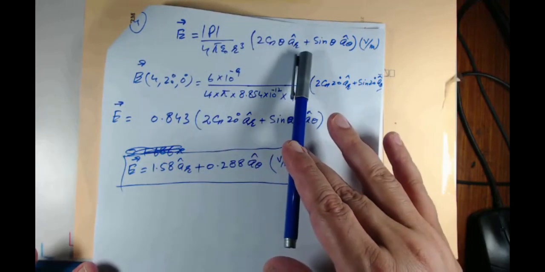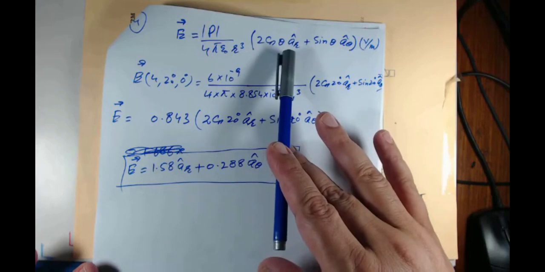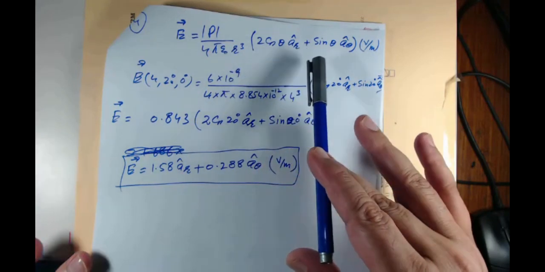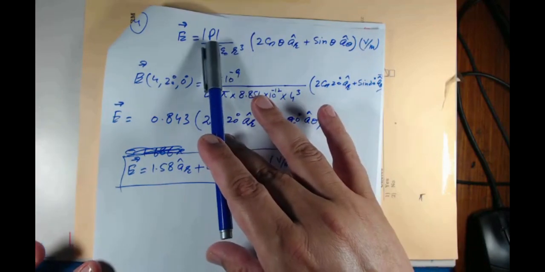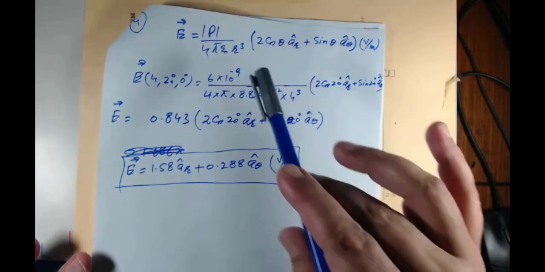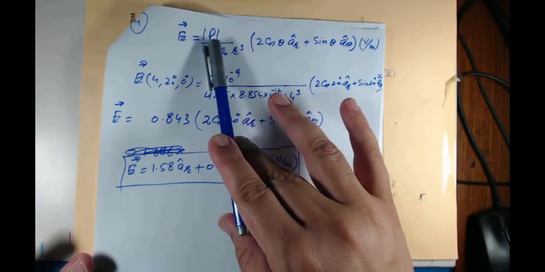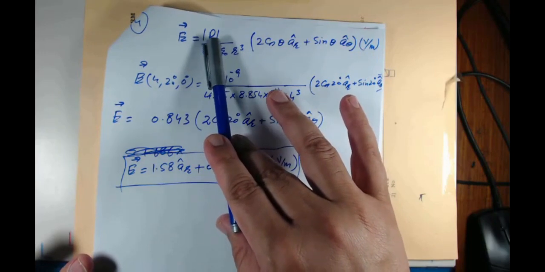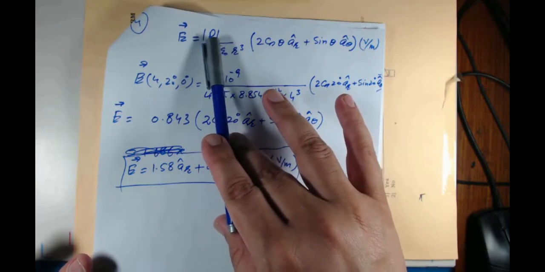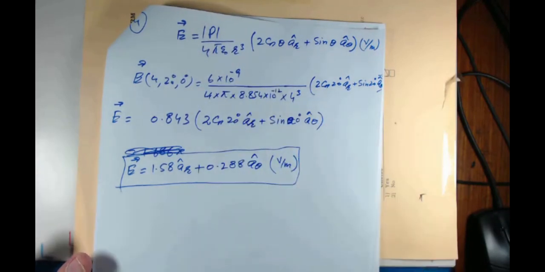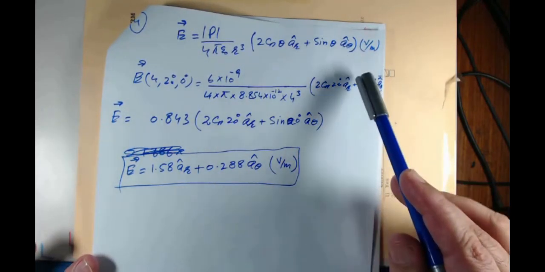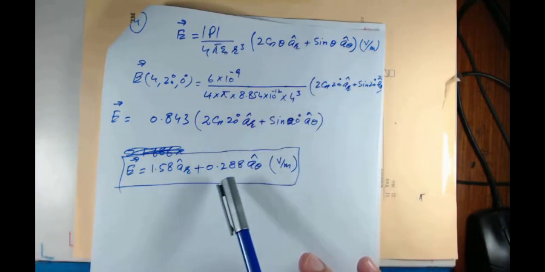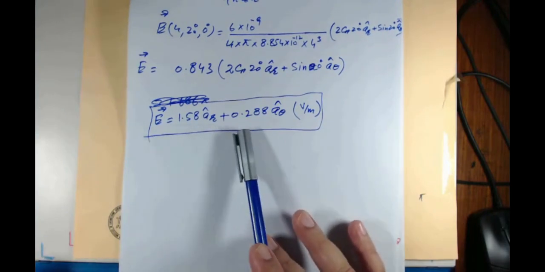Using that relation, plug in the values of r, theta, and p, the magnitude of p, which is 6 into 10 power minus 9. Plug in all these numerical values of theta and r,